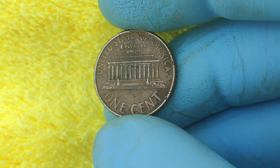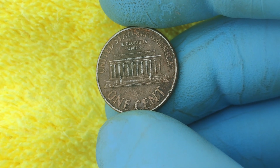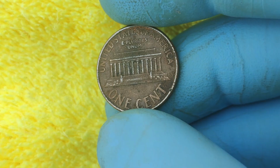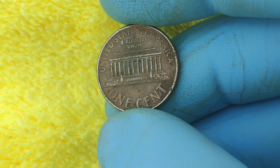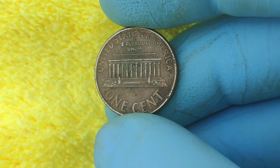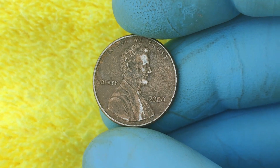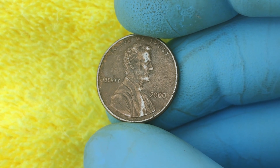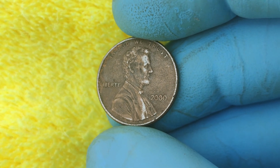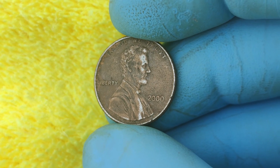It also represents opportunity. The possibility that something so common could become so rare in pristine form keeps collectors searching, studying, and dreaming. And while most 2000 no-mint mark Lincoln pennies will forever remain worth just 1 cent, there are extraordinary examples that have stunned the collecting world. In the right condition, authenticated and graded at the very top of the scale, one of these coins has reached an astonishing value of